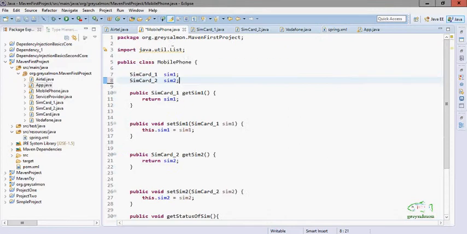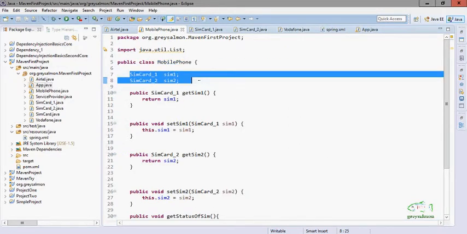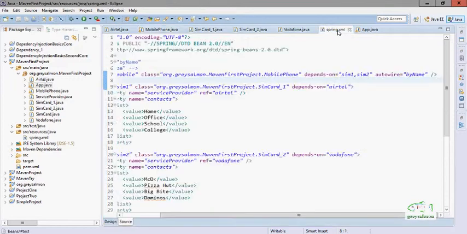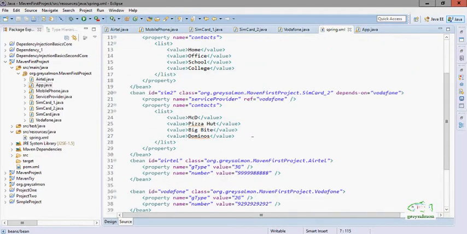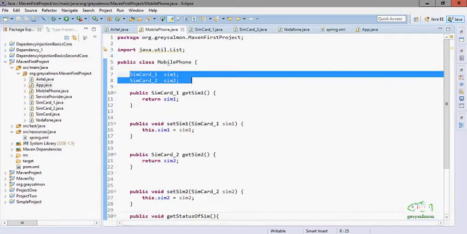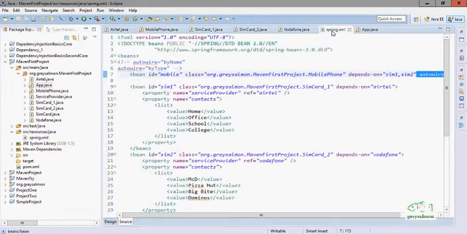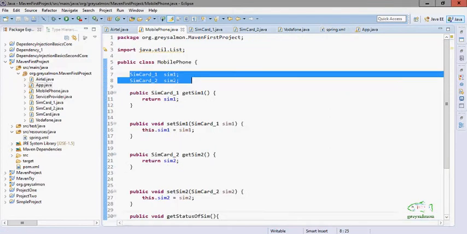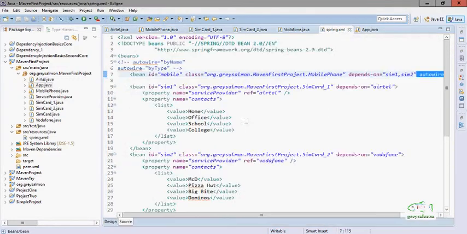Now when the container sees that this mobile phone has two properties, sim1 and sim2, and it is instructed to autowire these properties by name, then it will search for the bean named sim1 and get it here. So it will assign the object of that particular bean to sim1, and then it will search for sim2, and sim2 is available here.